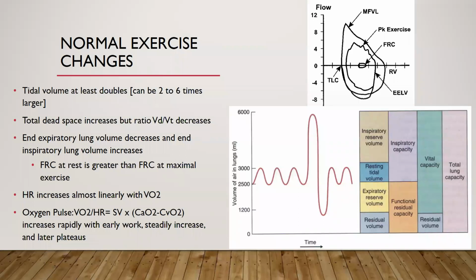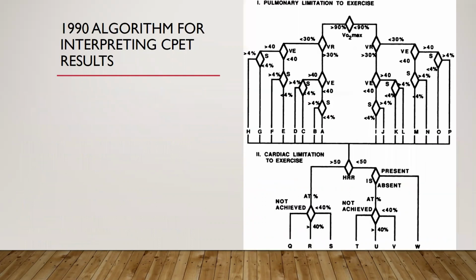And your PaO2 plays such a small role, and it's probably not contributory. So you can ignore this part of the equation and say, if I take the VO2 divided by the heart rate, this is a surrogate for the stroke volume. So we'll be talking about that a lot too as we go on. Okay. All right, so this is a very easy algorithm, as you guys can see, of what they were using